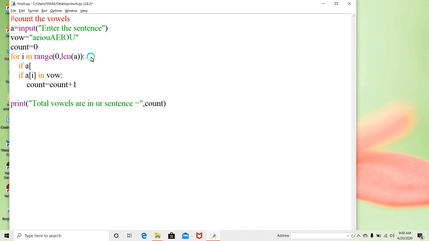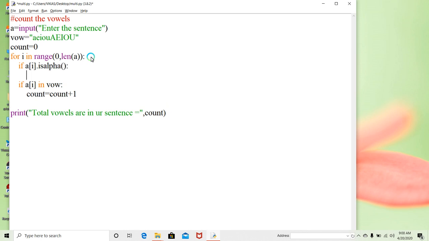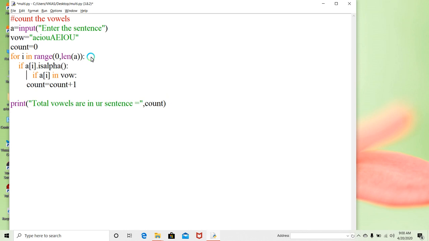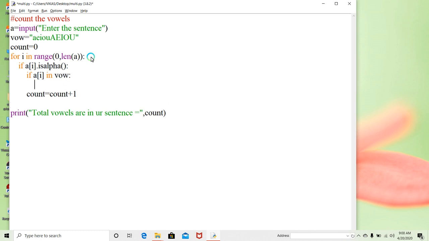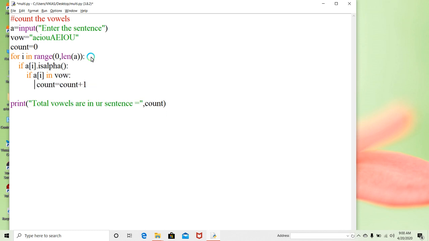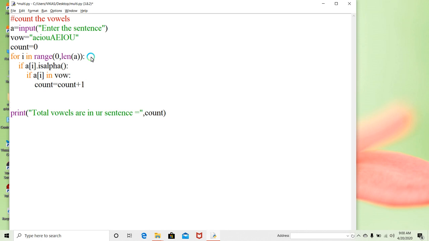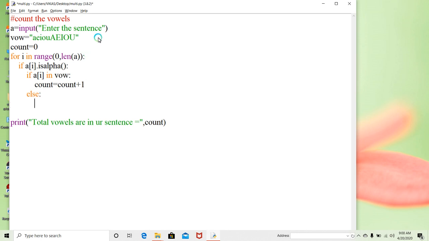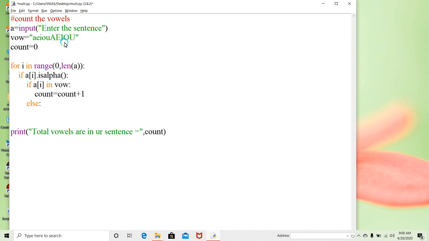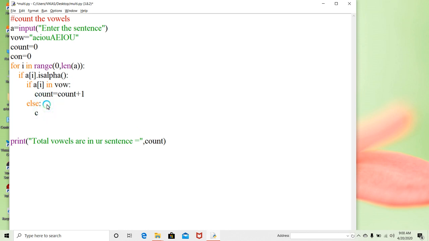If a of i is alpha, and if it is present in vowels, then vowels, else... Here again I will write consonant is equal to 0. So else con is equal to con plus 1.